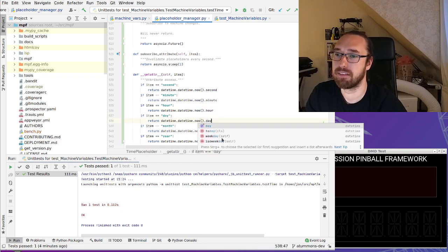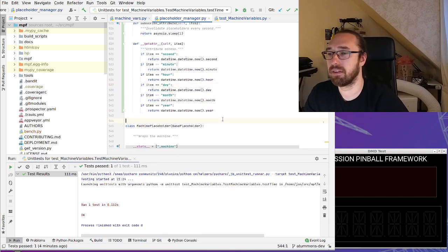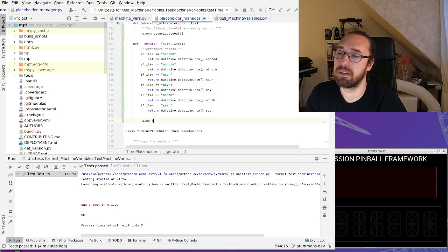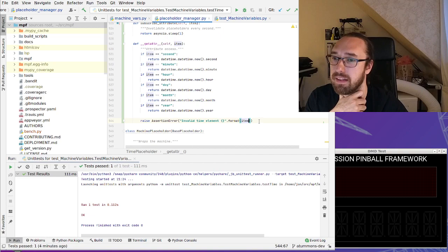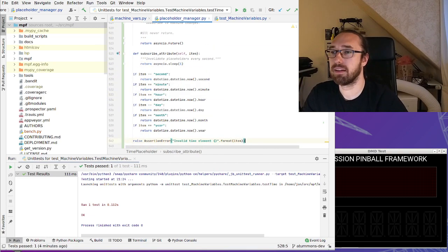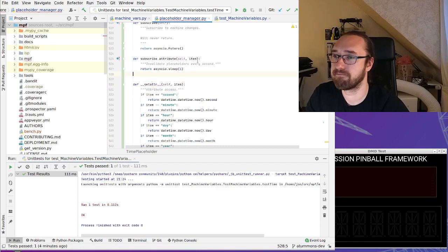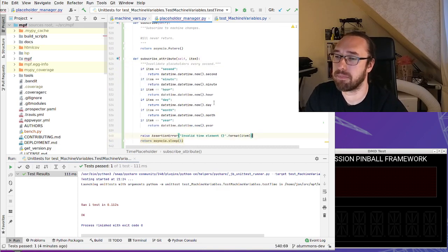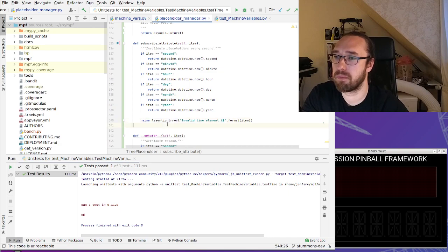Day. Oops. And otherwise we raise an assertion: invalid time element item. And then we will tell you that it's not a good idea what you're doing. So now we can also do here and have